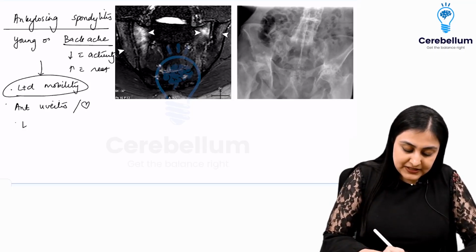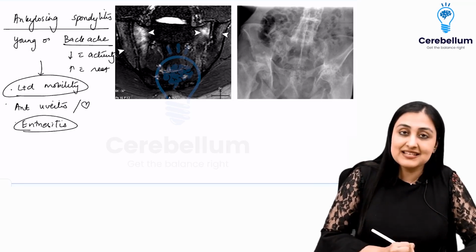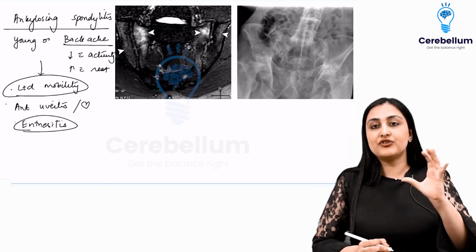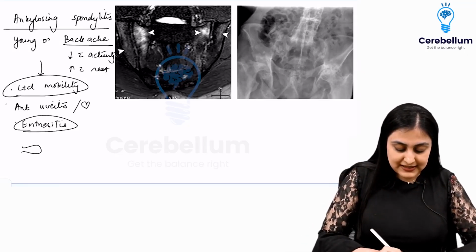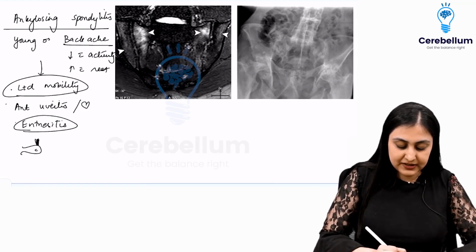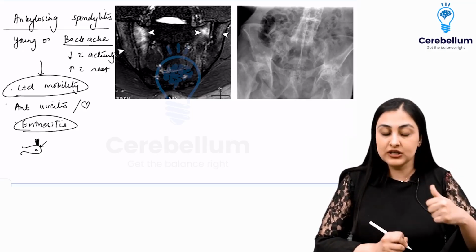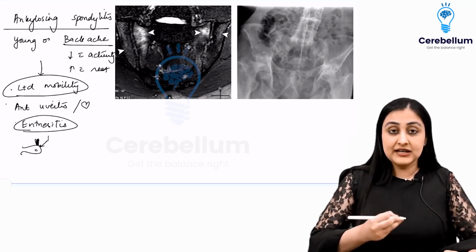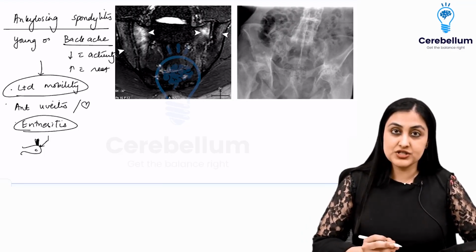And something that has been tested in the past is enthesitis. So what is the meaning of enthesitis? Wherever you have tendons and ligaments attaching on the bone. For example, let's say this is the calcaneum. We have the Achilles tendon attaching here. At the attachment site, you're going to have inflammation. So the pain at the attachment site of tendons and ligaments is called enthesitis, and that is what is associated